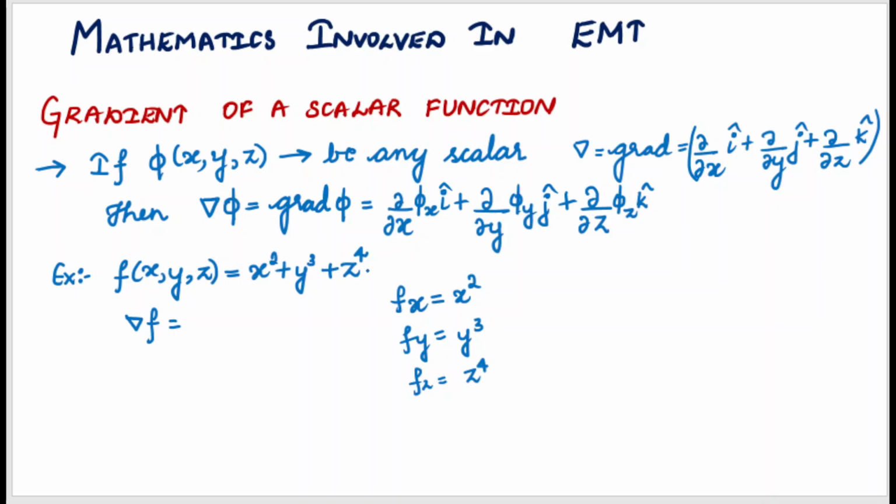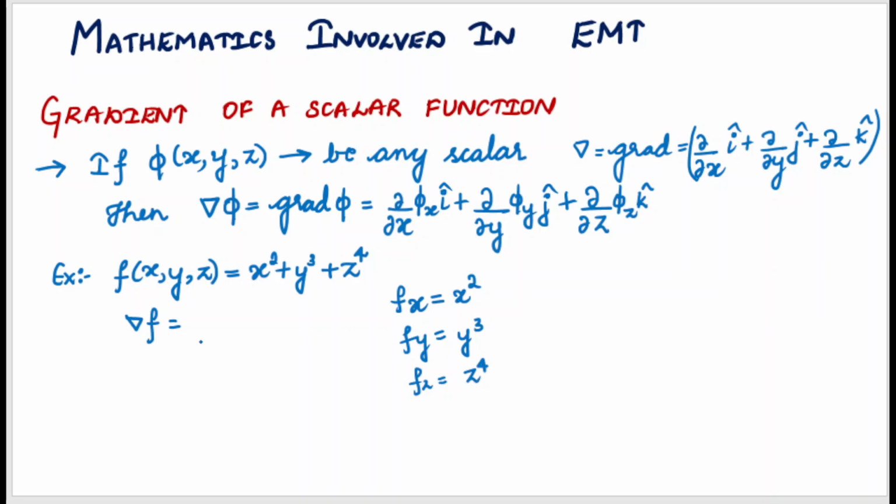Y and z remain constant. Likewise, with respect to y, if you are differentiating, x and z remain constant. If with respect to z you are differentiating, that is partially, x and y remain constant. So we got f of x value, f of y and f of z, which is equal to z to